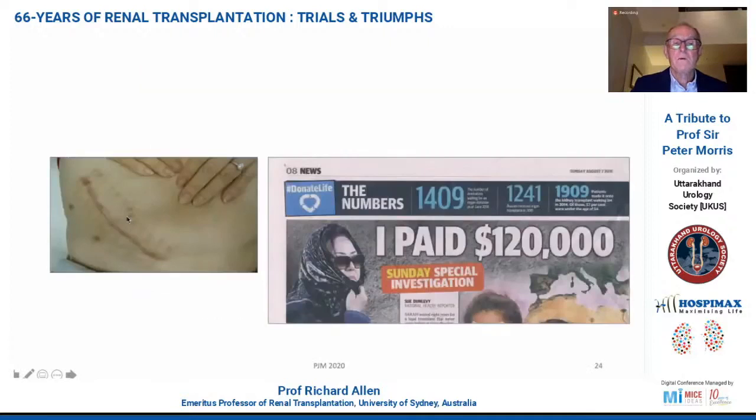Now, we all have experienced or come across patients who have bought their kidneys. And this was one of my patients a few years back whose first post-operative assessment after transplant surgery was in Sydney, with the procedure having been performed 6 weeks earlier in China. And you can see the size of the diamond on her ring. So her family had no problems in paying 120,000 Australian dollars, which is about 80 or 90 thousand US dollars